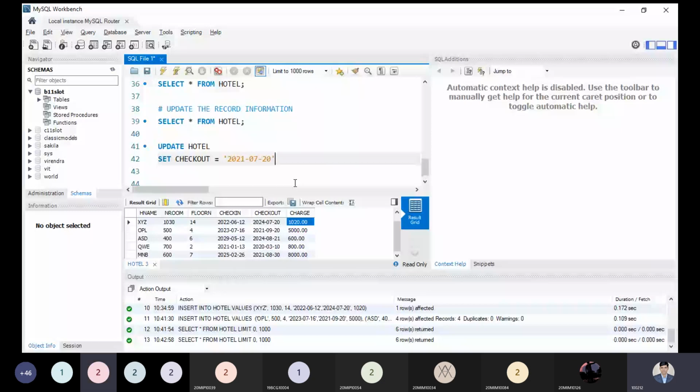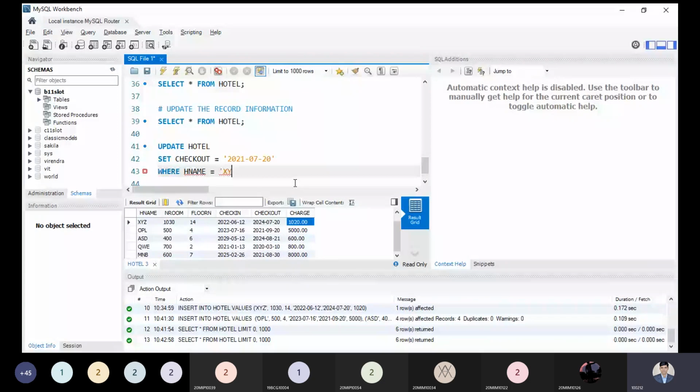The checkout of all the rows will be updated to 2021-07-20. It means all the information belonging to the checkout attribute will be 2021. That is the point. So here we are trying to update only individual information. So as per the student's request, where h name is equal to xyz. Okay, so that's the point.